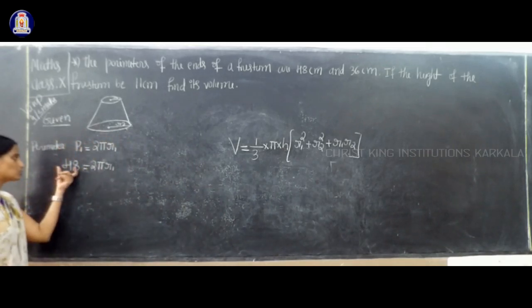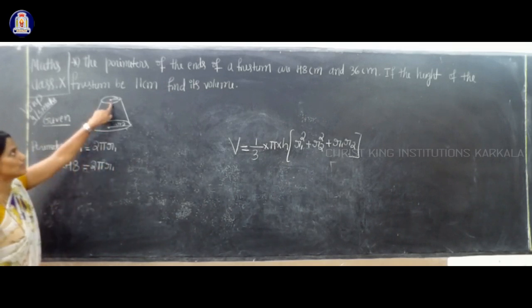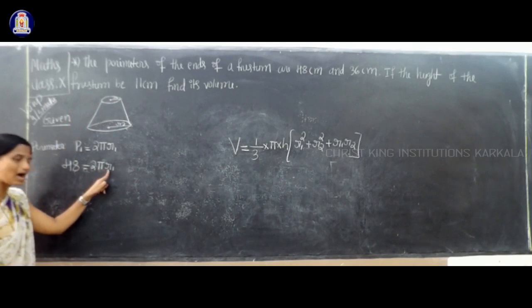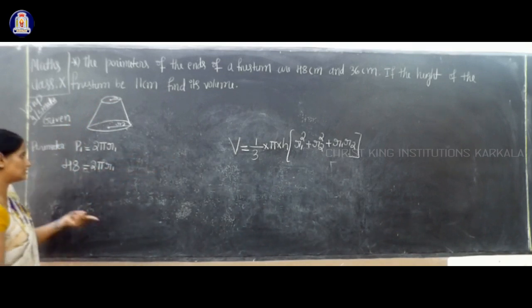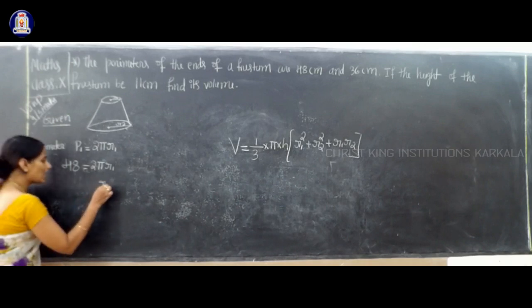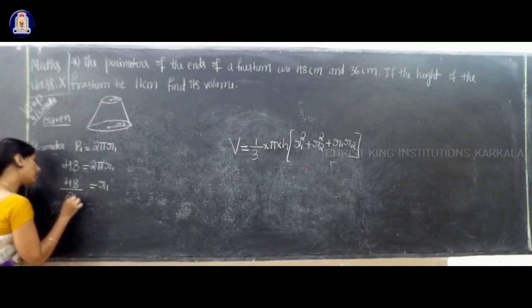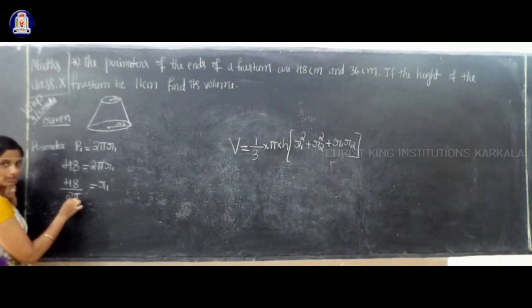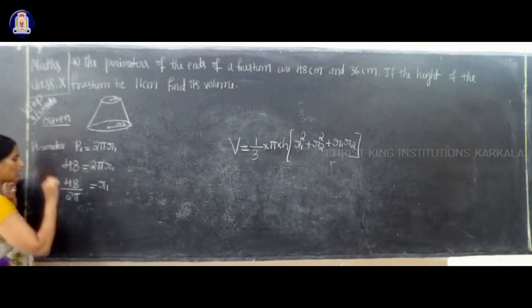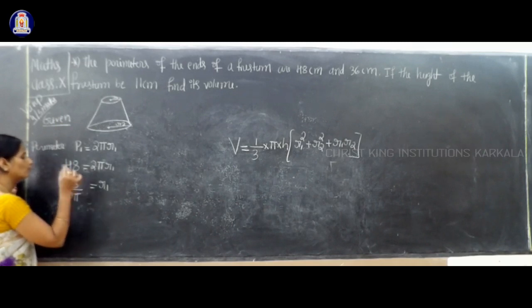So the perimeter is 48. 2 pi r1, that is for the first circle. Can you get r1 from this? That is the radius of the first circle. Yes, you can get it. So r1 is equal to 48 divided by 2 pi. Is it right? Yes. So you can cancel it. Keep pi as it is. Don't substitute 22 by 7 now. I'll substitute afterwards. 2 ones are 2, 2 twos are 4, 2 fours are 8.